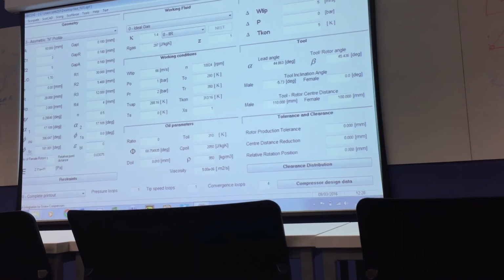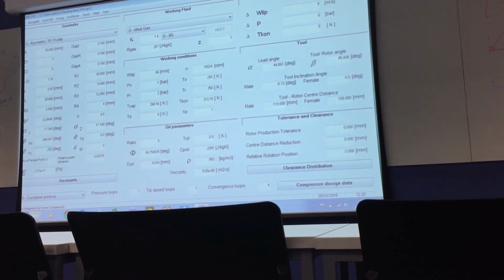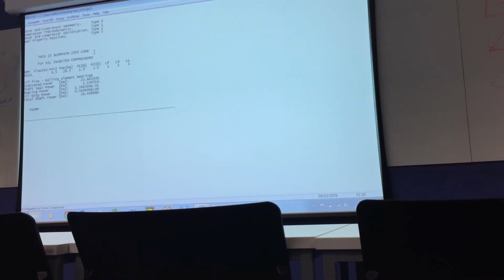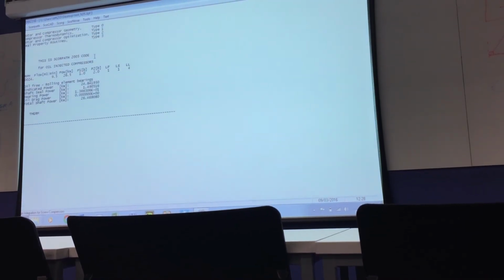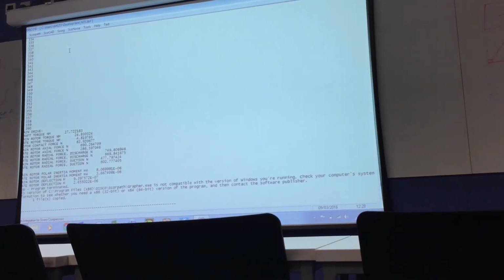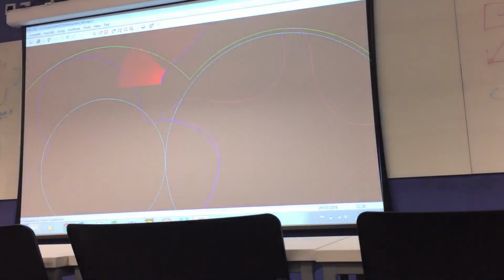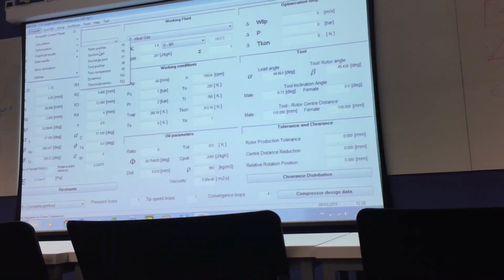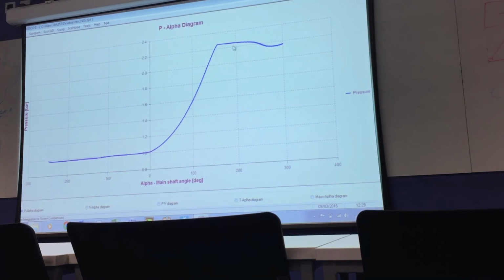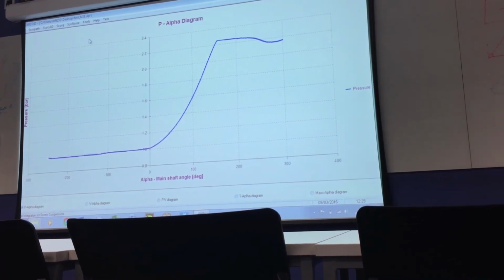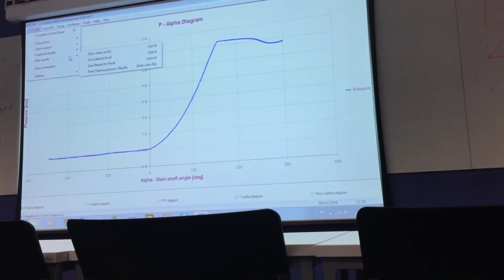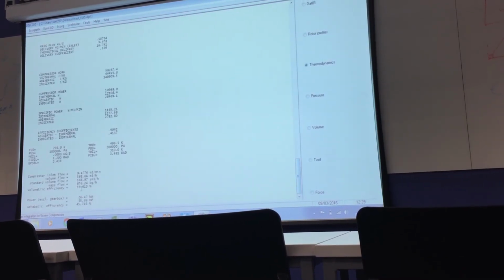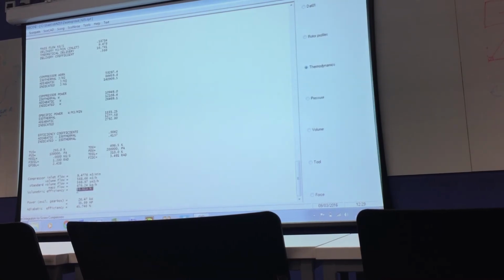Basically this has to be 0 to make this effective. You see it is more flat here. And there is about 1% drop in efficiency.